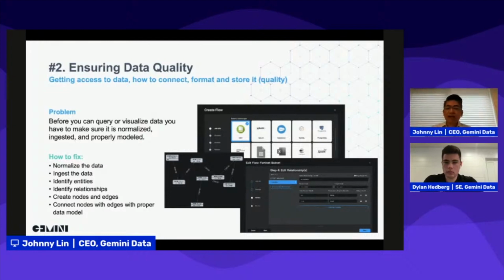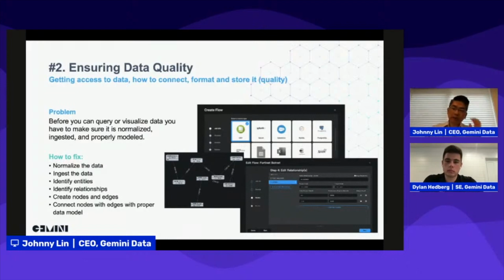Then once that is in, of course, you decide which parts of that data are configured as entities or nodes versus relationships, and based on that, create the relationships that connect those nodes. So those are really key to making sure that you have quality data that is ingested and modeled before it's presented and accessed by your business users, right?